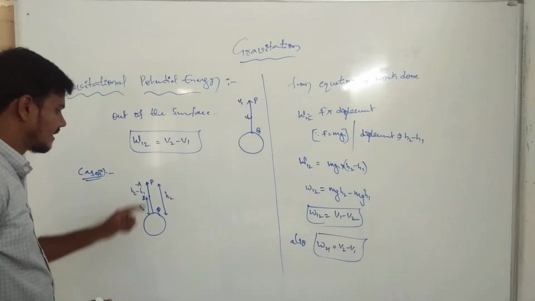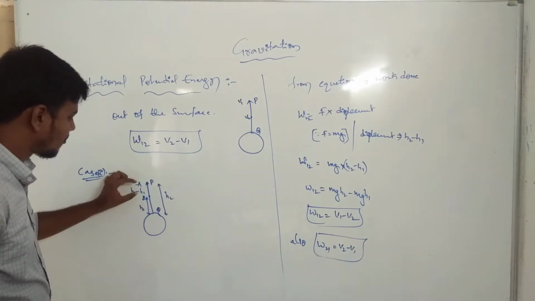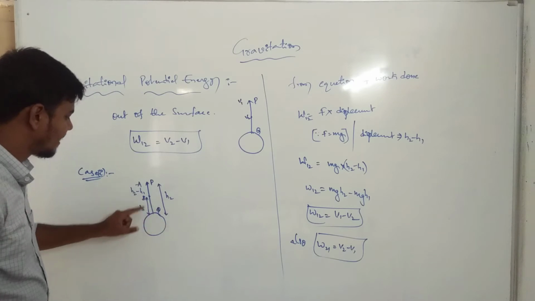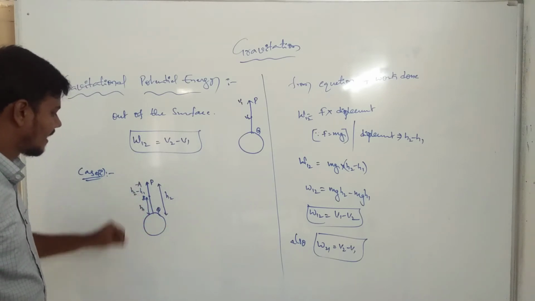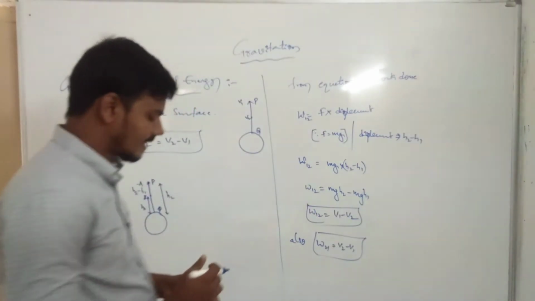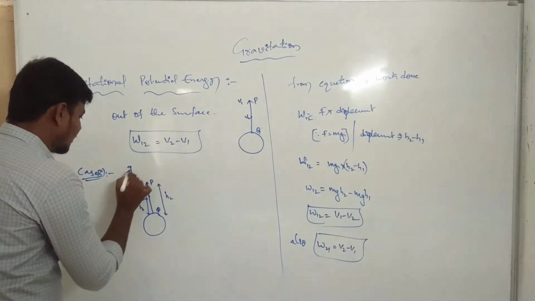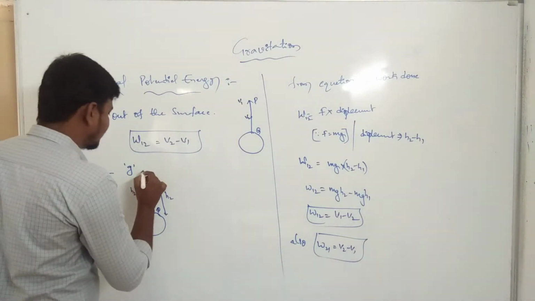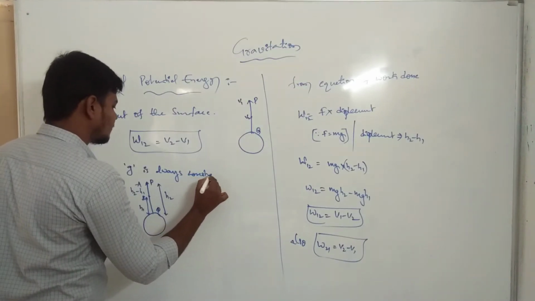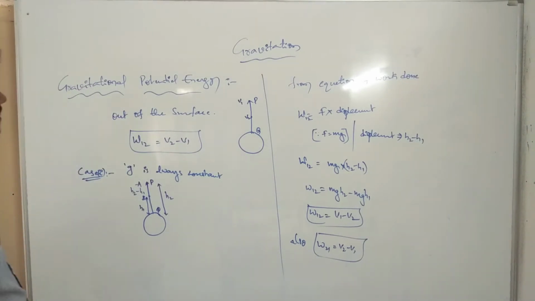This is represented from P to Q out of the surface, with position A to B. From P to Q the height is h2, from B to Q the height is h1, and AB height h is h2 minus h1. By introducing this part we have case 1, where g is always constant. The gravity g is always constant. This is case 1.